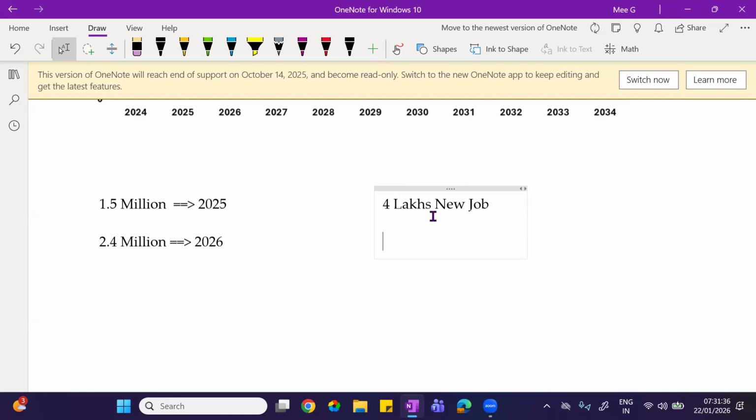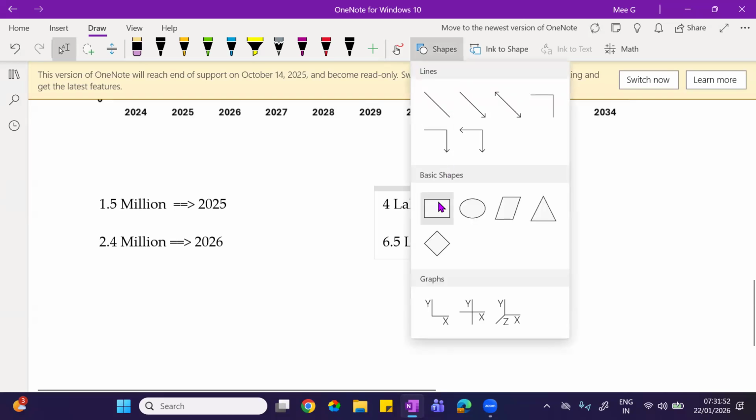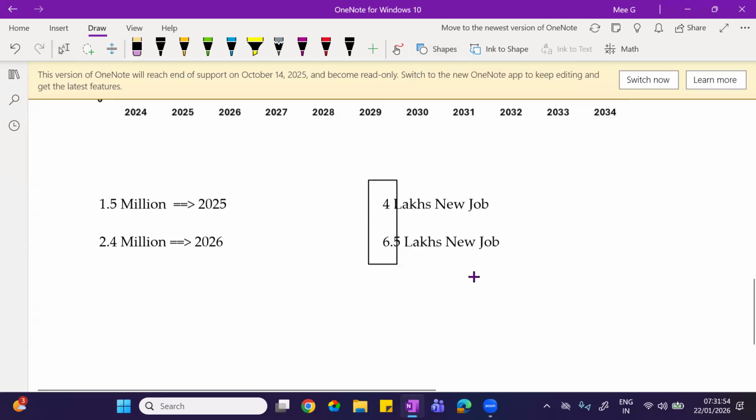By the end of 2026, they say approximately 6.5 lakh new jobs will be generated in India. I'm talking only about jobs in AI.